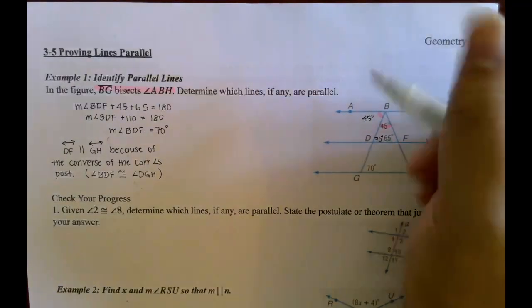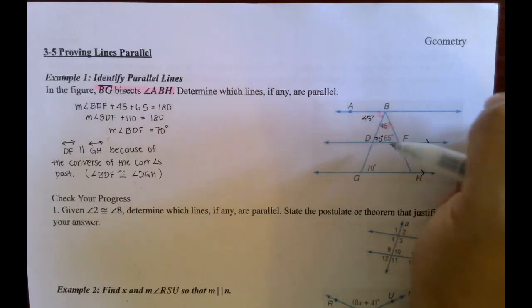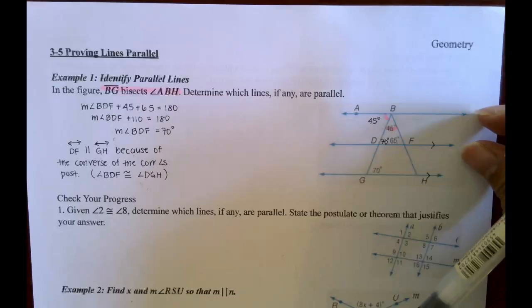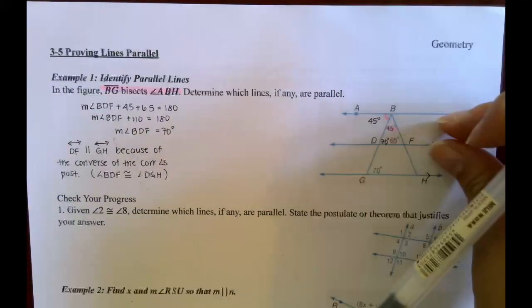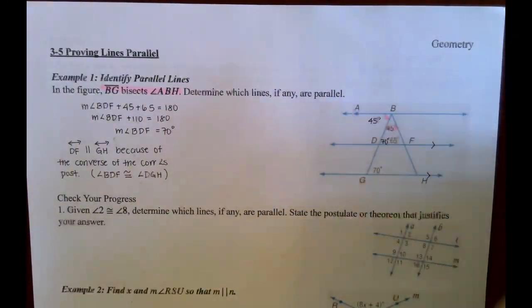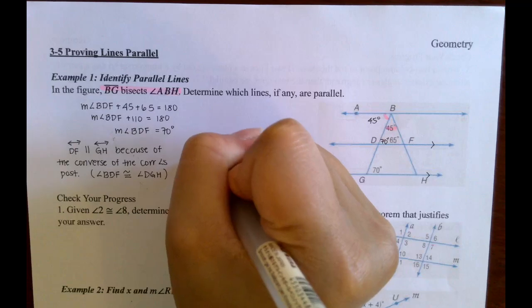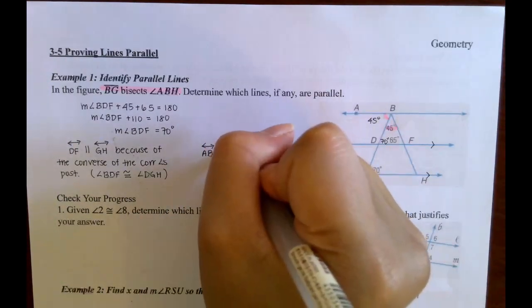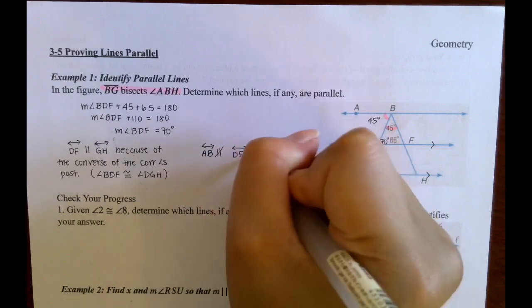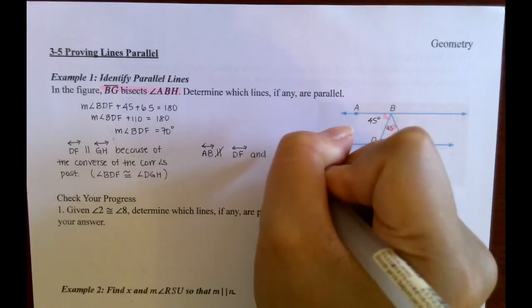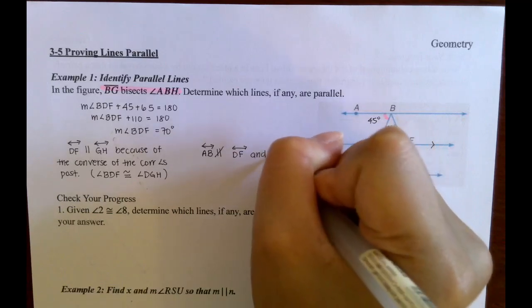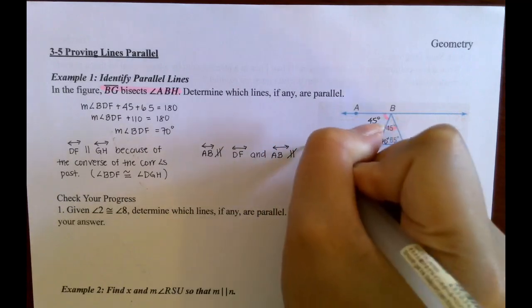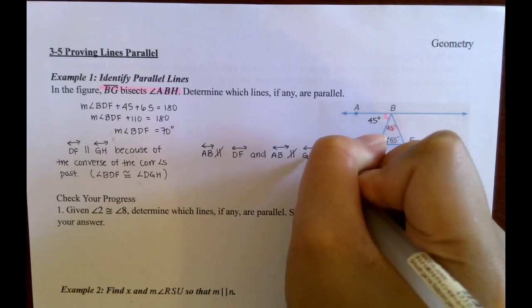If you notice, the 45 and the 70 are alternate interior angles. Alternate interior angles, if they're parallel, they should be congruent. But since they're not, that means they're not going to be. So this means that line AB is not parallel to line DF, and as a result, AB is also not parallel to line GH